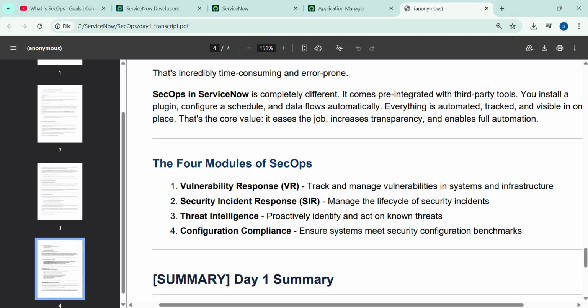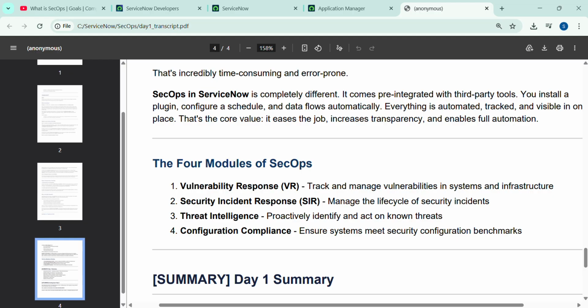Okay, so if I want to summarize, we have gone through the SecOps definition, which is a collaboration between IT, ops, and security teams. We have also seen why SecOps was introduced: to end siloed working, right? We also discussed the three goals: visibility, transparency, and management buy-in. And the other two components are early detection and security plus DevOps integration, right? We also discussed why SecOps is needed in today's threat landscape, right? And we have gone through SecOps versus traditional SOC and the four modules we are going to discuss